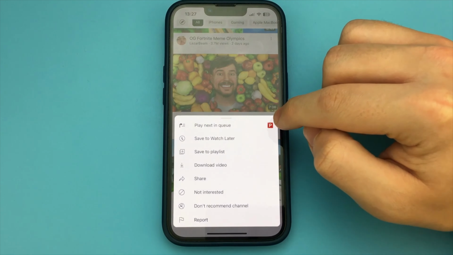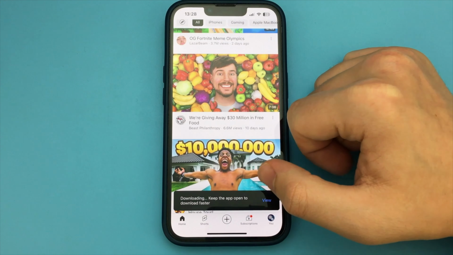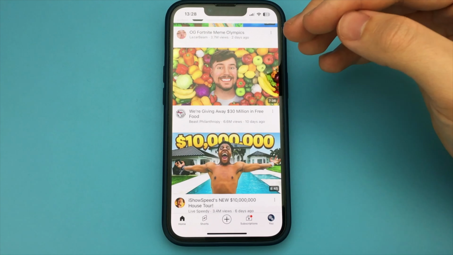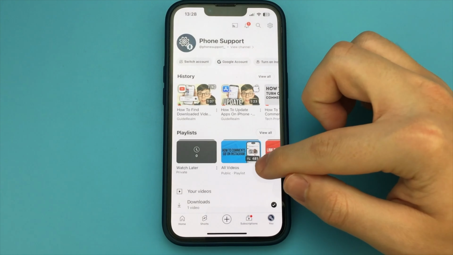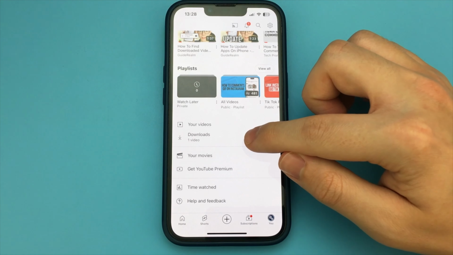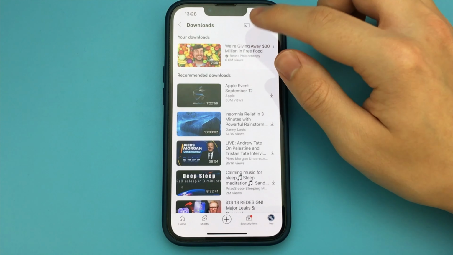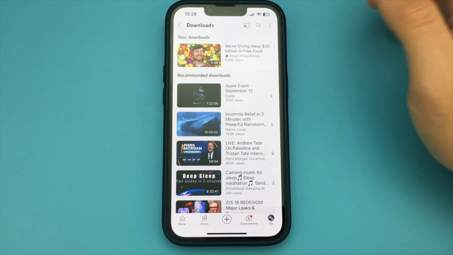You go to YouTube, find the video you want, click here on the three dots under the video and click the button, Download Video. Download this video. Now to find all my downloaded videos, I click on my profile, go a little bit lower and there's an item called Downloads, click and here I can watch the downloaded video. Mind you, it's already downloaded, so I can watch it offline without any problems. As you can see, this is a very easy and quick way. Done. There's nothing complicated at all.